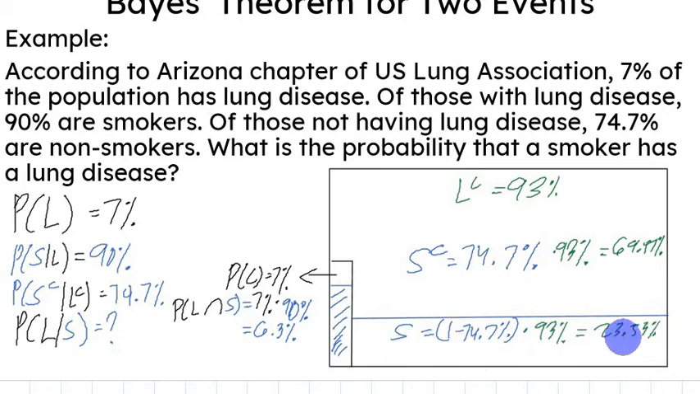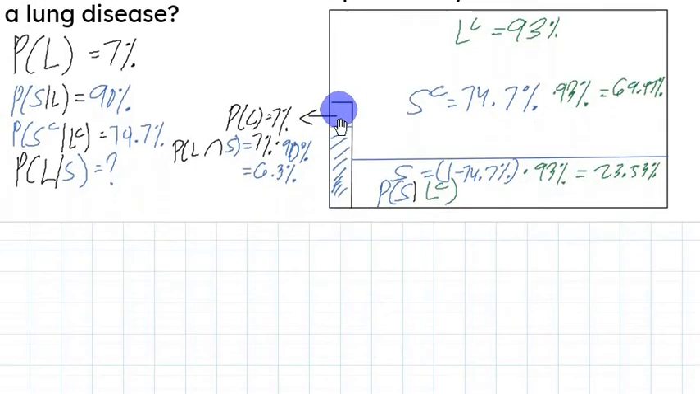23.53% here. And as we know, this area here is the probability that the person is a smoker given that that person doesn't have lung disease, which is what we actually need. These two areas here. So, our probability would be, let's pull that down there,